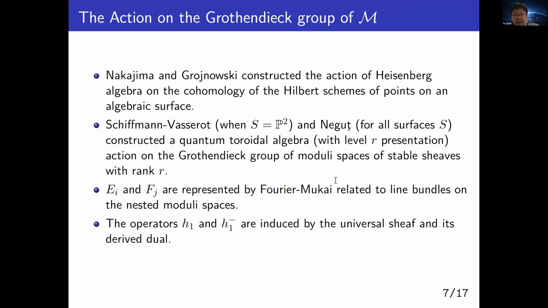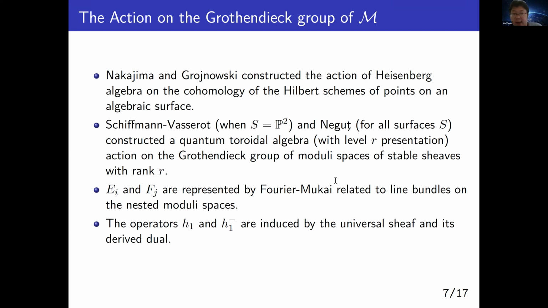So you see that this relates the representation side, the quantum toroidal algebra structure side, to the geometry side. We consider the moduli space of stable sheaves on the surface, and moreover, we can show that the operators, the positive part E and the negative part F, are actually represented by the Fourier-Mukai kernels, which are also related to the line bundles on some nested moduli spaces, which we will introduce